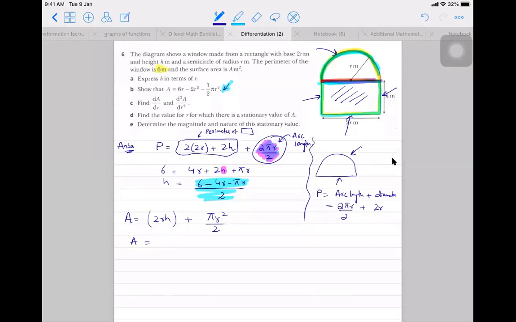Yes, sir. Okay, now 2r times h is 6 minus 4r minus pi r upon 2, plus pi r square upon 2. The 2 and 2 can be cancelled out. You are going to get 6r minus 4r square minus pi r square plus pi r square upon 2. So 6r minus,